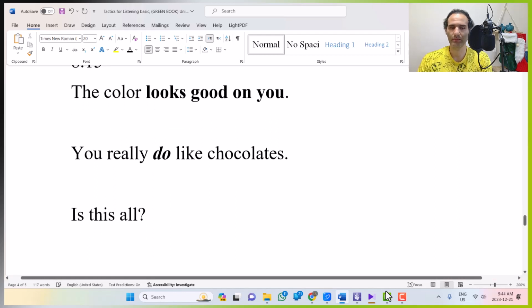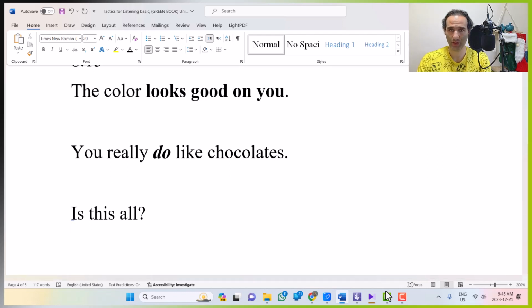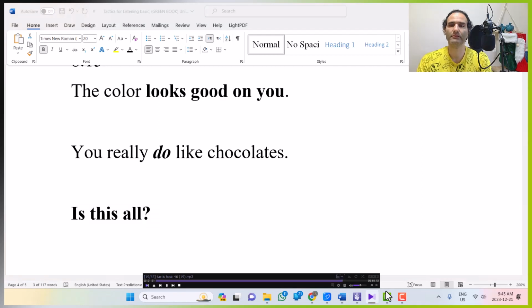Is this all? Means nothing else is left? Is this finished? Is that all the things you want to pay for? Now the magazines are $6.25, and you're taking the book? That's $12. So that comes to $18.25 altogether.